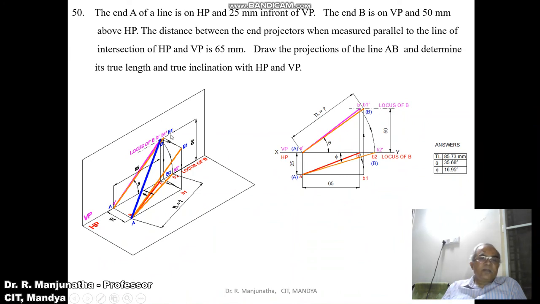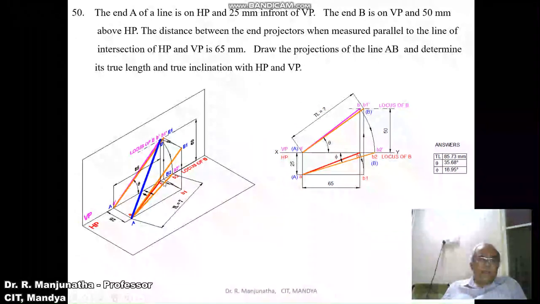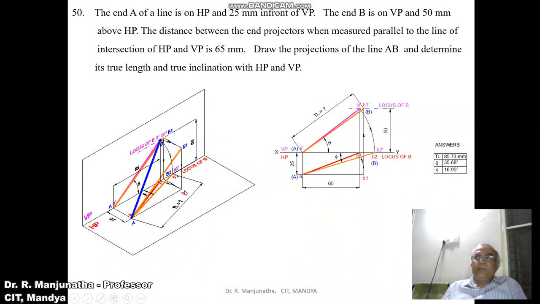So I will mark this as capital A and capital B1. When you look from the top view, you can see that this is AB1, but the image is moved from AB, that is from B to B1.